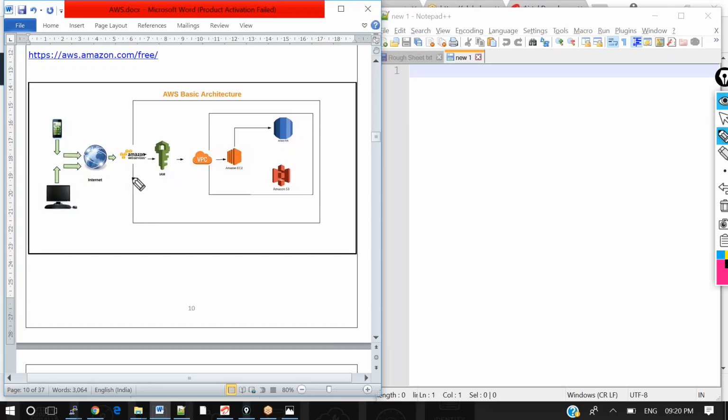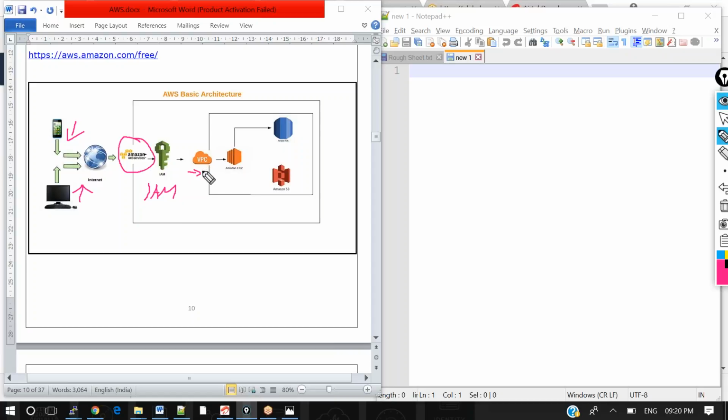Now, when we are accessing the AWS console, either from a desktop or from a mobile phone, with the help of the internet we first reach the AWS website, Amazon Web Services. Even yesterday Chandra Bose created a login, with a username like AKC Bose. There is a service called IAM, which does the user authentication. Once the user is authenticated, it moves on to the VPC.